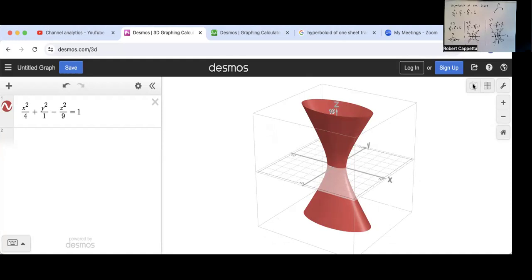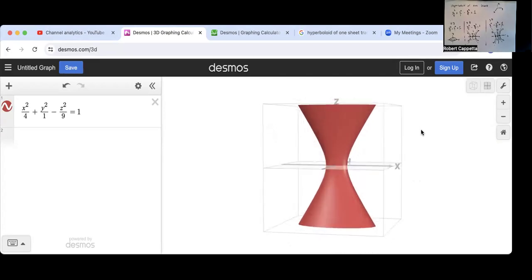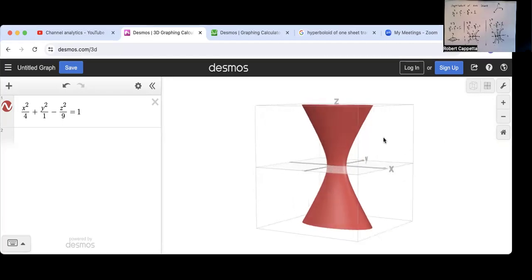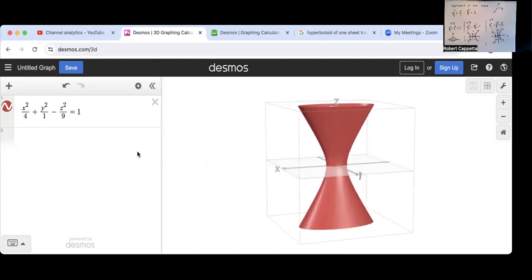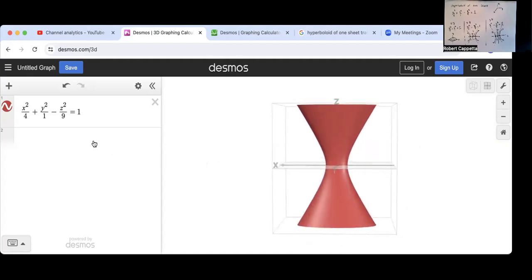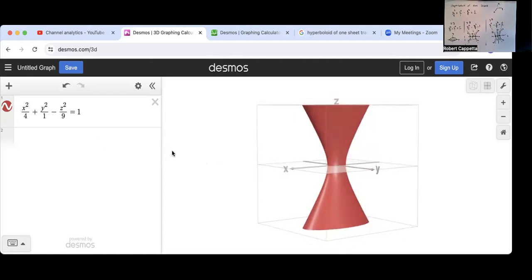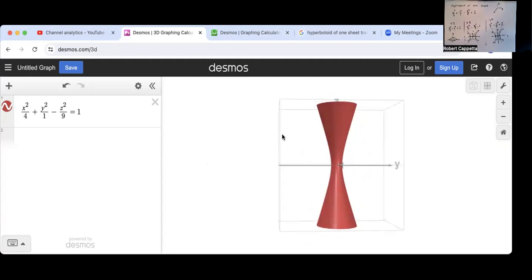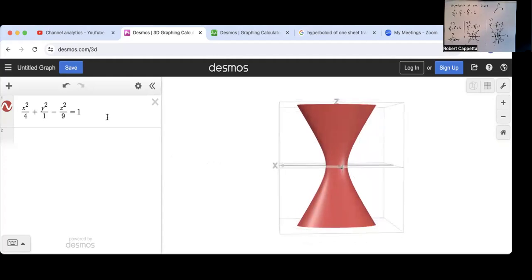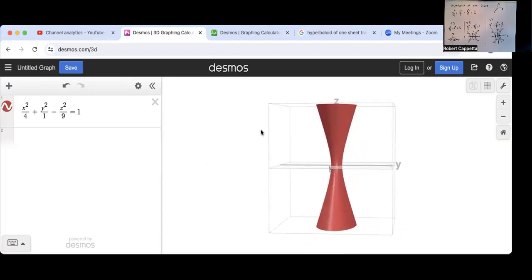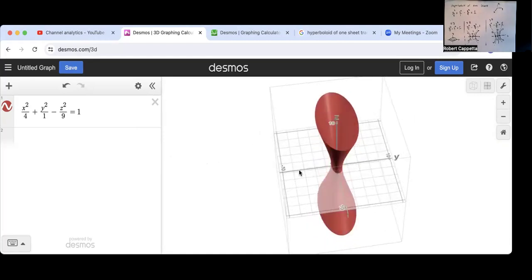I want to talk about the left view and the front view. So the front view is here. This is xz, and you can see that hyperbola. The front view from this perspective is xz. I like to have x coming out this way. So in that case, yz would be another view that we have. You can see the yz hyperbola in that plane. Excuse me, this is yz, and this is xz is what I want to say. We see the two hyperbolas, and then you see the ellipse here. And you put those together and you get